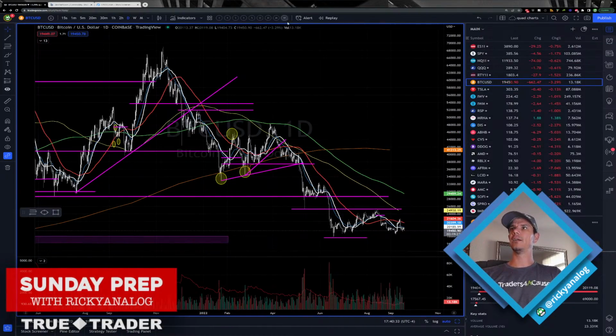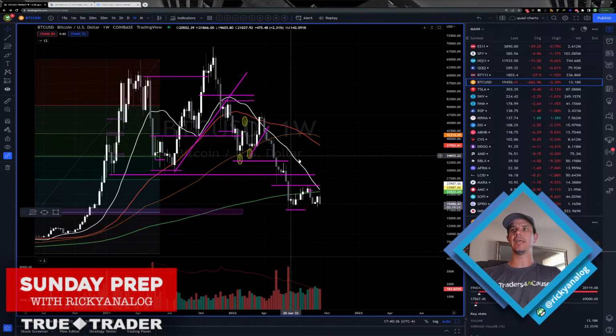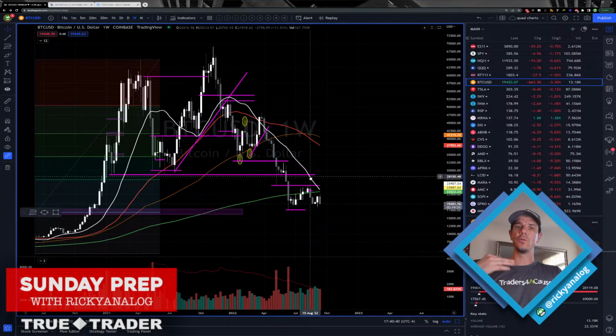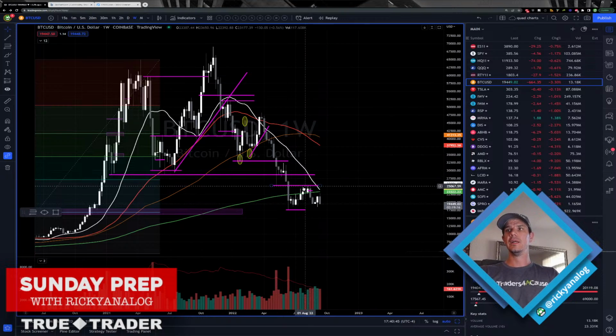One thing I wanted to point out is that the weekly 20 is definitely catching up, right? This thing is just creeping on down. It may be one of those scenarios where we just go sideways till the weekly 20 gets there, and then that's what it takes to get us lower. Now, we do have the lower high. It has not triggered below